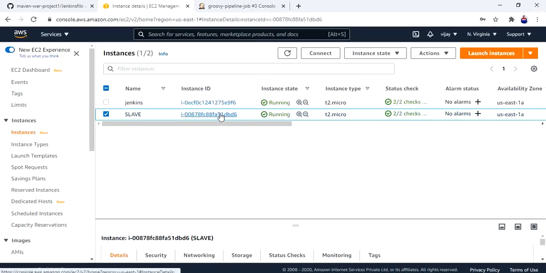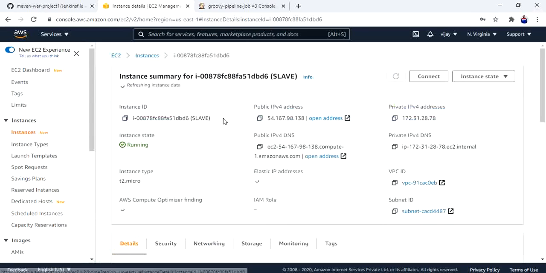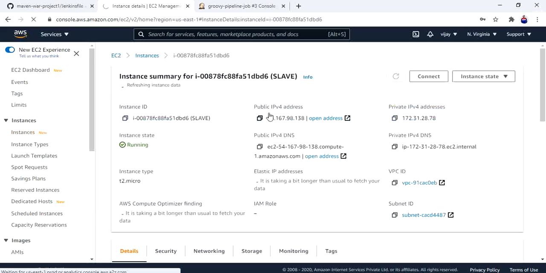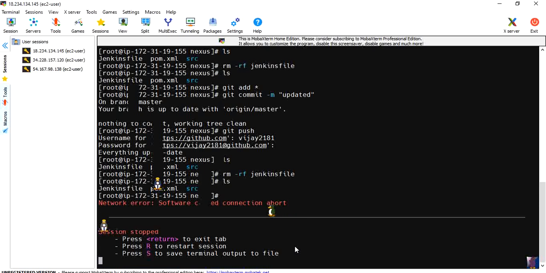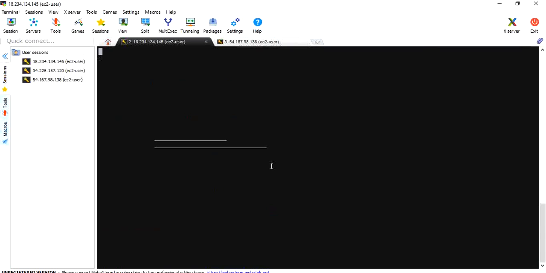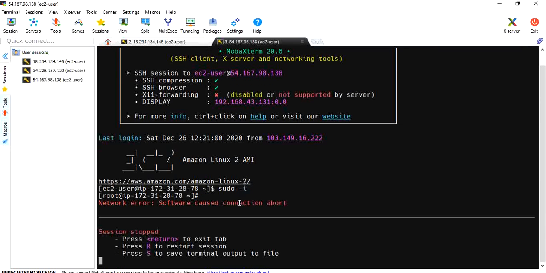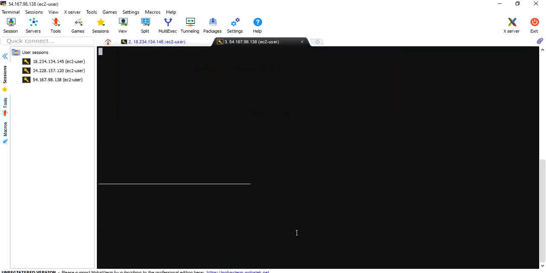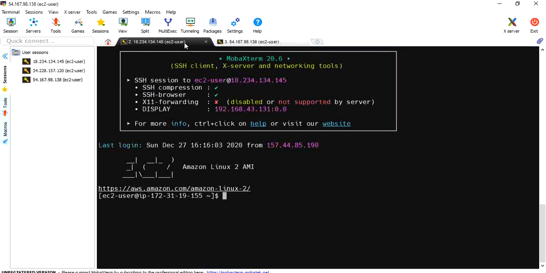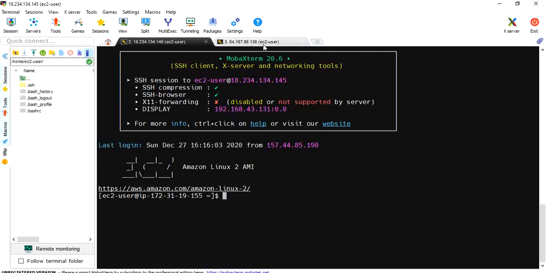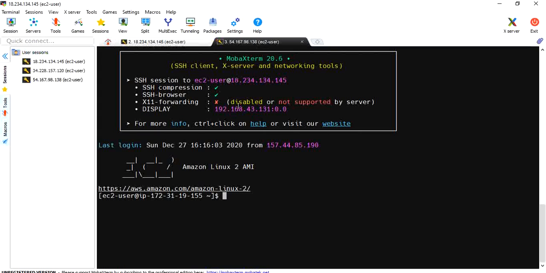Let me connect to my slave. Copy the public IP. Yeah, this is my Jenkins master, dot 145, and dot 138 is my slave.